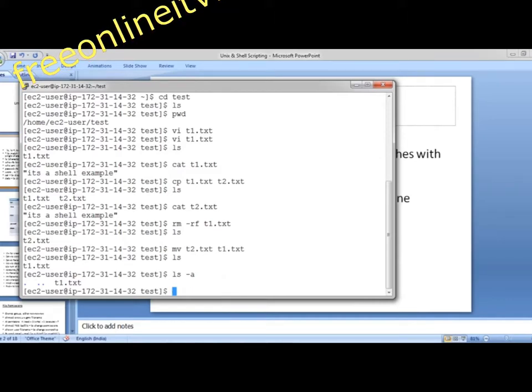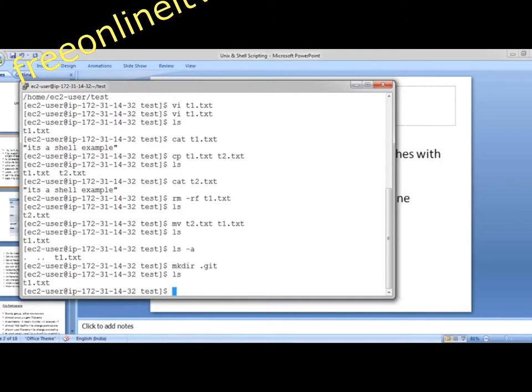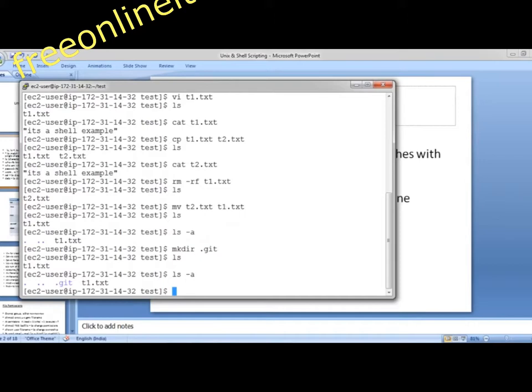When you speak about hyphen a, it is showing you the hidden files and directories.